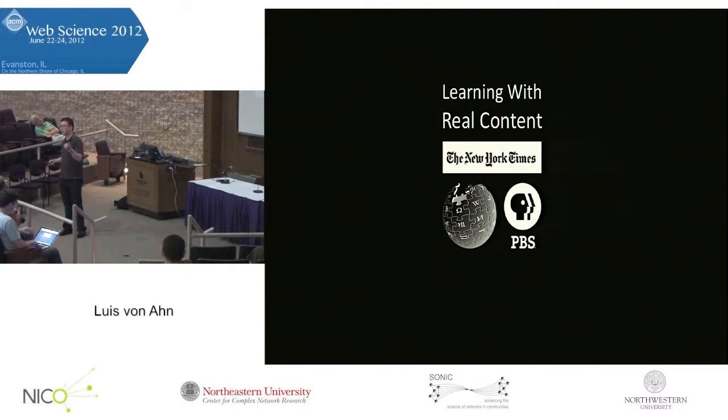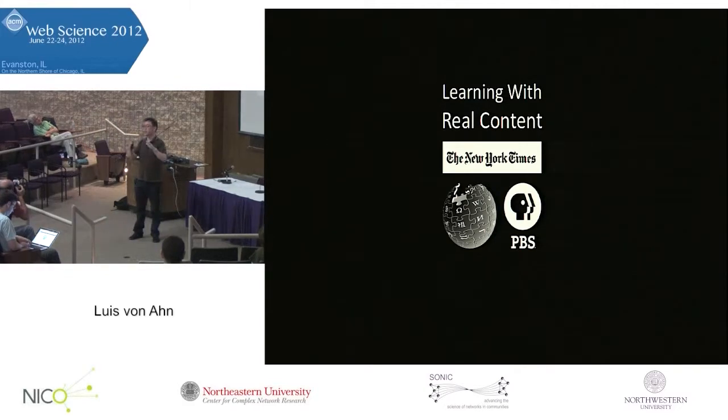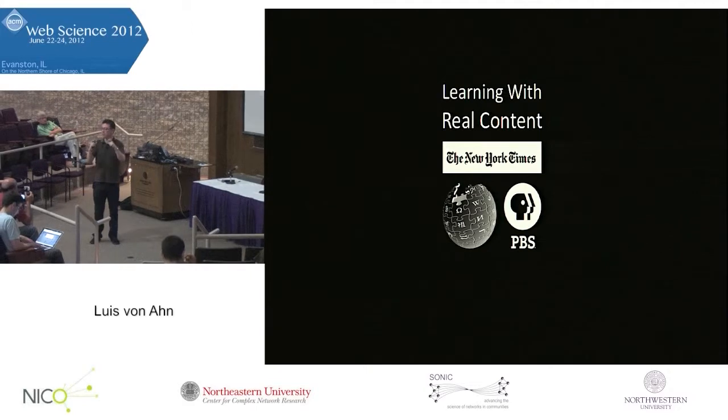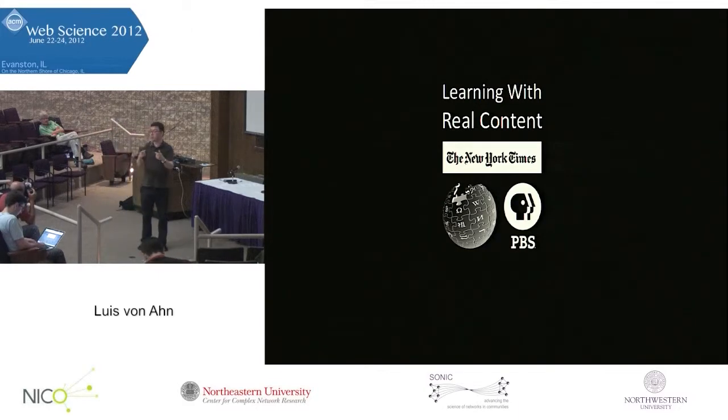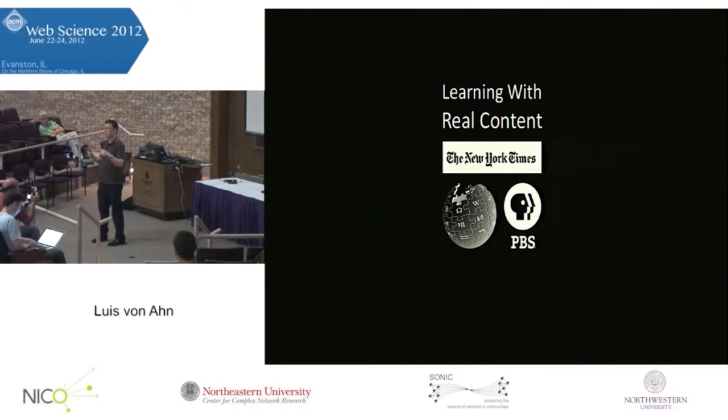And in tests that we've done, so far we've only done small-scale tests. We're starting to run a very large-scale test. But in the pilot test that we've done, people learn with Duolingo as well as they do with the leading language learning software out there, which is Rosetta Stone. So people do learn as well, which is really good. But perhaps more surprisingly, the translations that we get, we didn't know if they were going to be very accurate. In particular, it's because they're being done by people who are just learning a language, so they could be really crappy. But fortunately, the translations that we're getting are in fact as accurate as those from professional language translators.